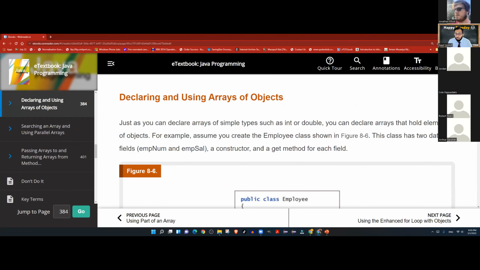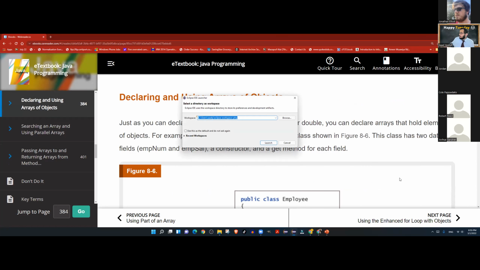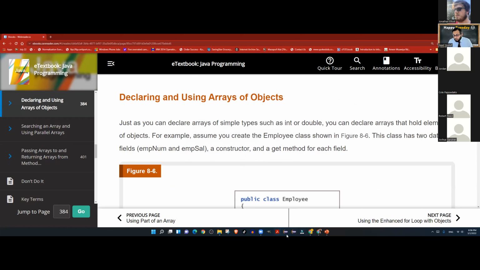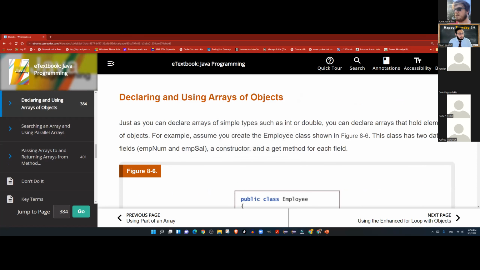Now, before I move on to declaring and using array of objects, let's put together a few examples. Oh, I opened the wrong Eclipse. Let me open the right Eclipse.